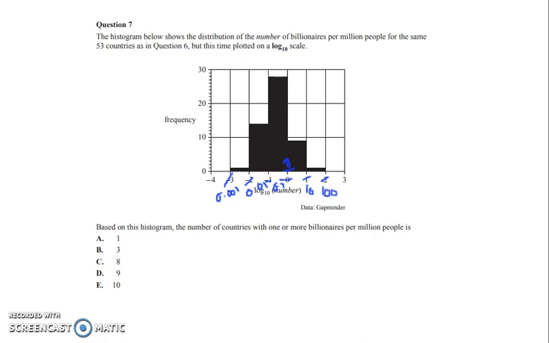So the question is asking, based on the histogram, how many countries have one or more billionaires per million people. Because we've now changed this, the 0 is now the value of 1. So we're looking at the frequency of these two columns. This first one, if we go across, looks like it's in line with 9. And this one here, if we go across, looks like it's in line with 1 on the frequency. So we've got 9 for the first column and 1 for the second column. That equals a total of 10 countries,